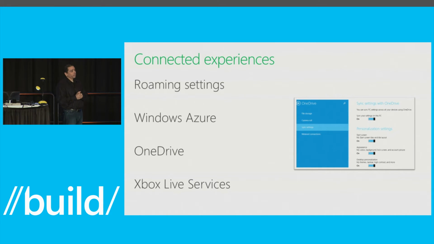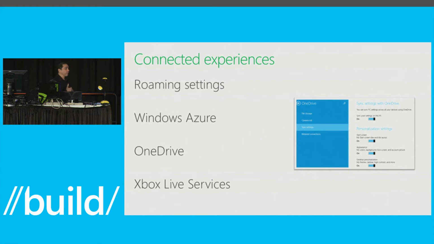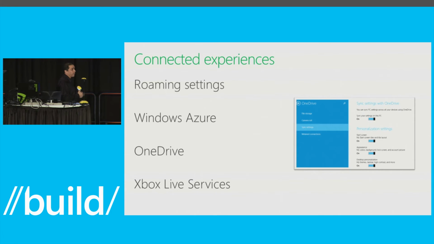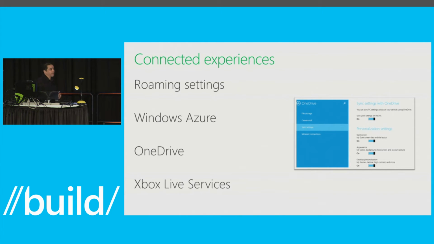Moving on to connected experiences, I've been talking to you about Microsoft and being able to go across phone, tablet, PC, and console. And that's one thing that I want you to make sure as you leave from the conversation, you understand that we expect you to connect all these experiences, right? We want your users to roam. If somebody is playing on their phone on the bus ride home, they need to be able to continue playing it on the PC or on the tablet when they get home. So we need to make sure that at a minimum, when you write your game, you implement roaming settings.